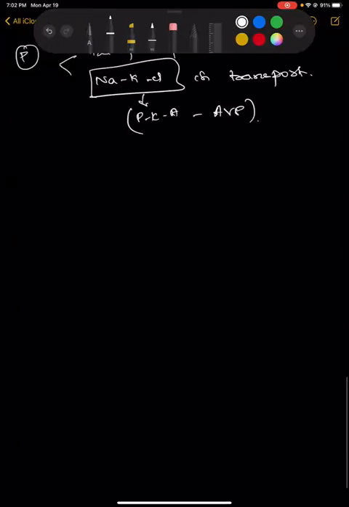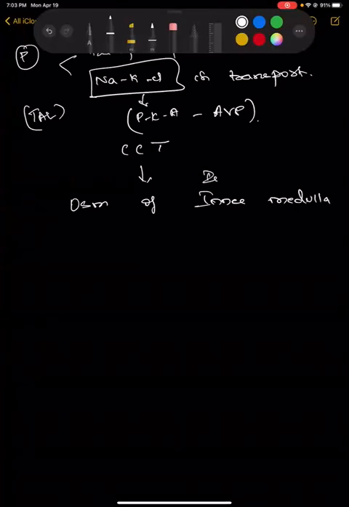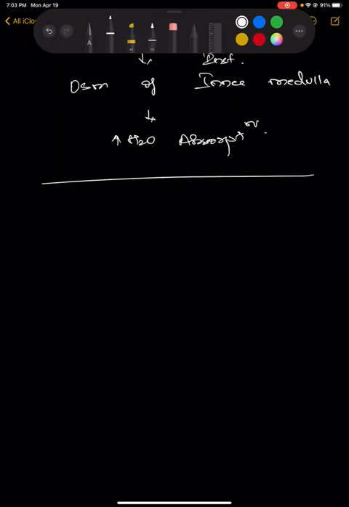This channel is located in the thick ascending limb of the loop of Henle, as we know. It is very important in the countercurrent transport, and this countercurrent transport is in turn very important because it maintains the osmolality of the inner medulla. To be more specific, the interstitium of the inner medulla, and hence it helps in water absorption. So whatever changes happen in the sodium, it's going to affect directly and indirectly the water absorption also.